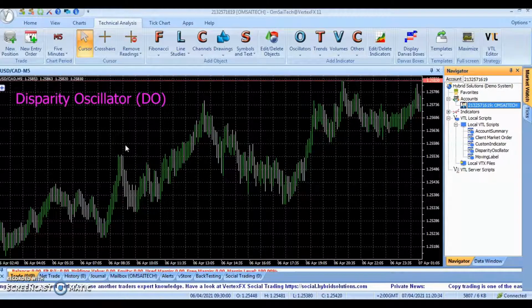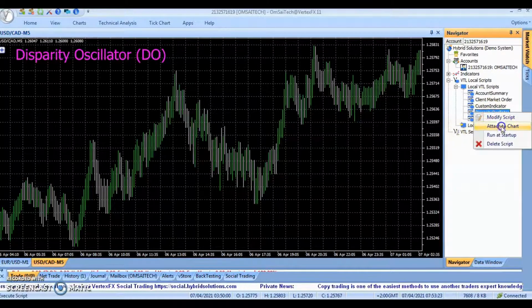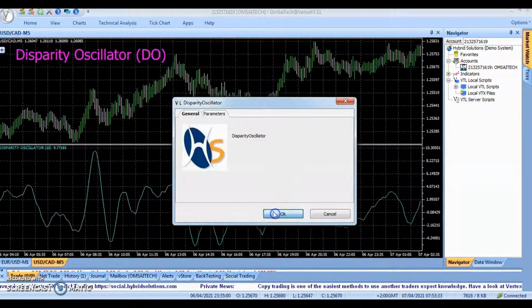In this video, we are going to discuss a new Vertex FX plugin called Disparity Oscillator, the DO indicator. The Disparity Oscillator Vertex FX client-side indicator is useful to identify trend exhaustion and reversals. The DO indicator uses a variation of the relative momentum (RM) indicator and the relative change in price to identify whether the current trend is still strong or is nearing exhaustion. This indicator also uses an anchor bar to calculate the relative momentum, which is subsequently aggregated.